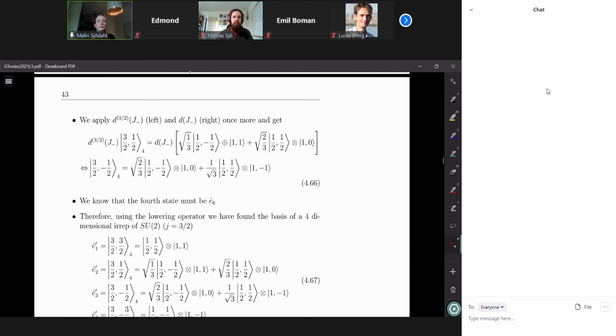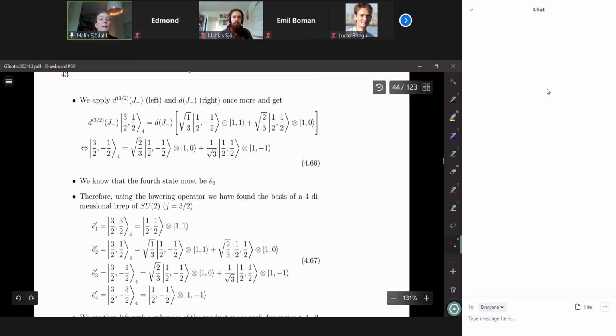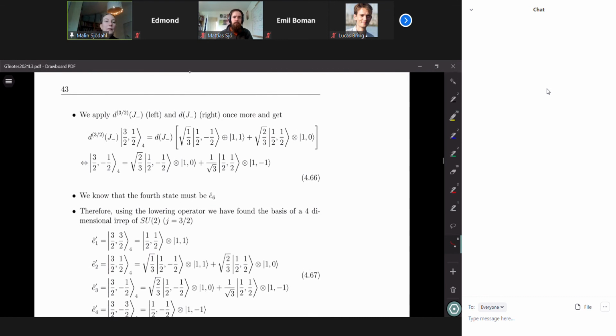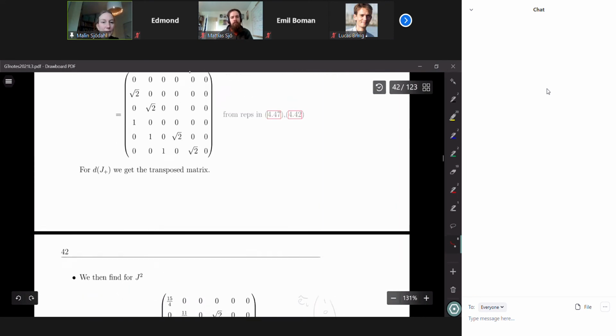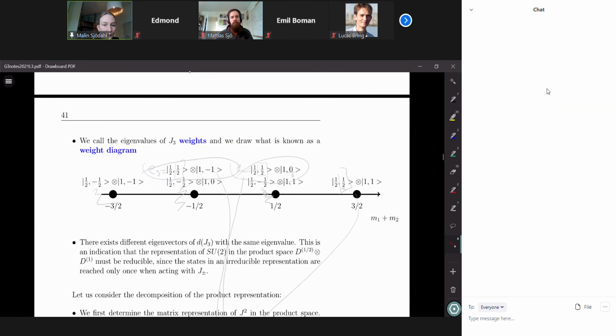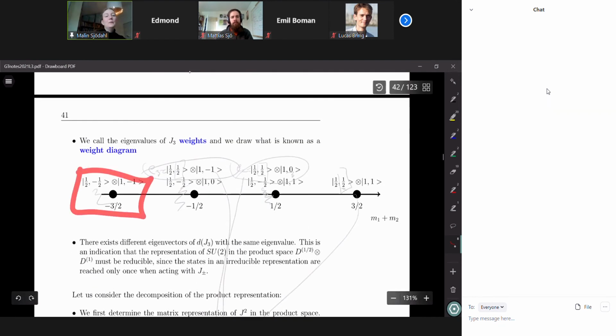So I'm not going through the steps again because they are very similar to before. You can check them in the notes here. So in this way, we have then found 3 of the states. Luckily, we don't have to do it once more because we know that we should have something with eigenvalue -2/3. But going up here, we see that we actually already know what the state was. This must be the E6